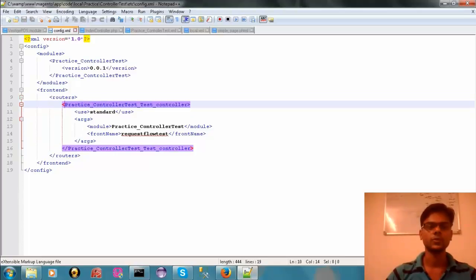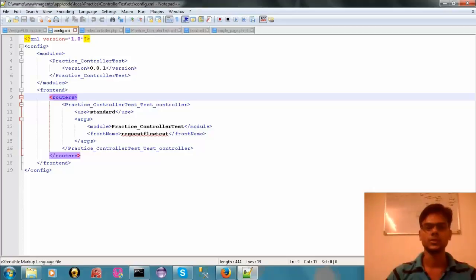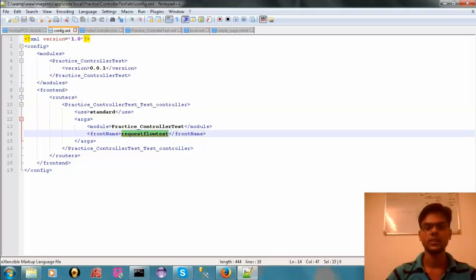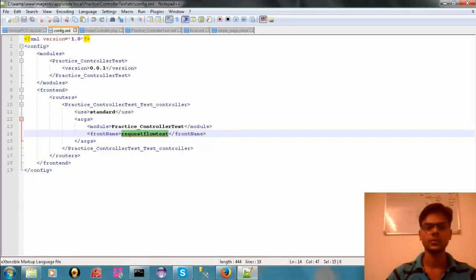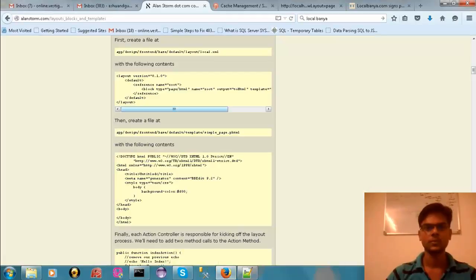We have to follow the namespaces here too. We have mentioned routers. A router is basically used to tell the config file which controller should be called after this front name is entered from the URL. If I enter this request flow test from my browser,